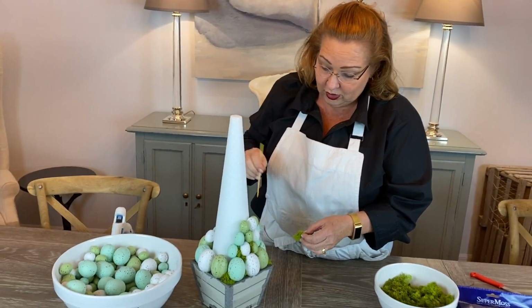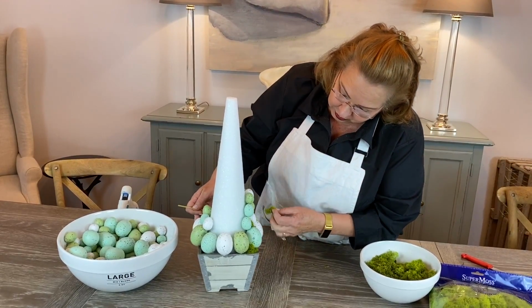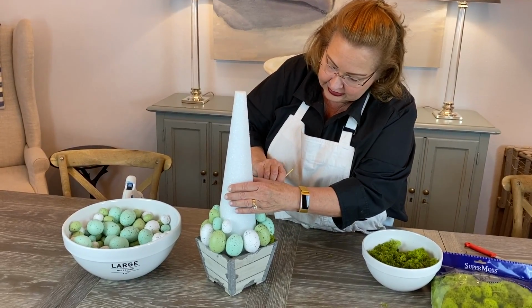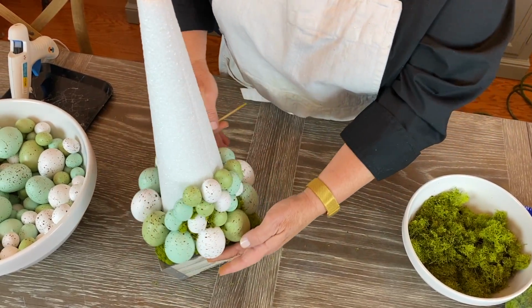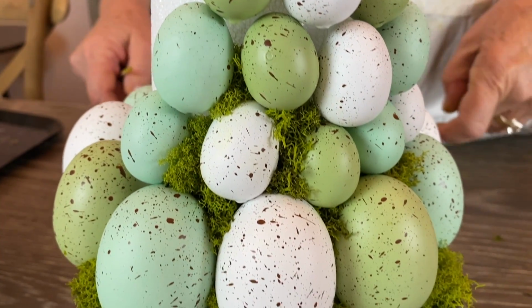Sometimes I make things and I'm like, well, that's not gonna work out. So it's like, yeah, I gotta start that one over again. But I'll turn this around for you just a second. But this one turned out probably better than I expected it to. But there we go. See how you're gonna do that? Okay,